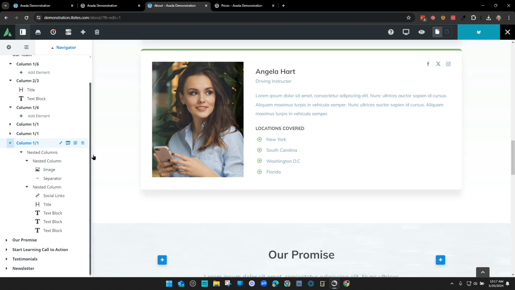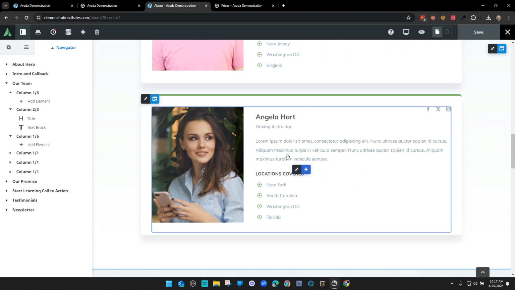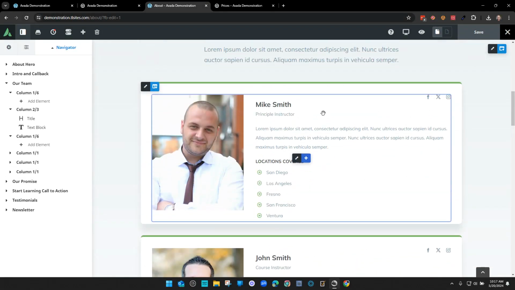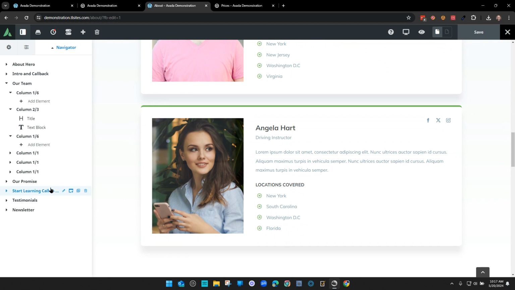And let's say for some reason that we now, instead of having 3 instructors, and I guess I shouldn't call him John Smith. I can't remember what his name was. We got John Smith and Mike Smith. I guess they're brothers or something like that. But let's say that we're going to hire someone else. So in this scenario, again, what we could do, and this is something I haven't shown you yet, we could